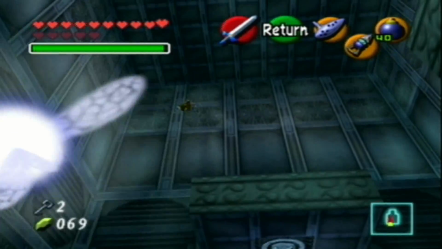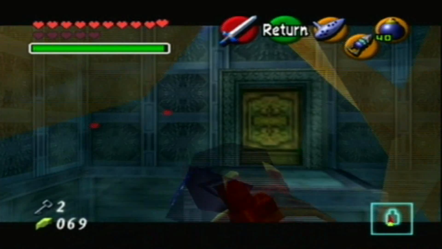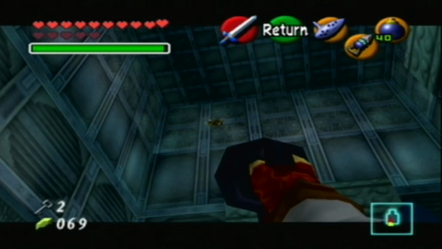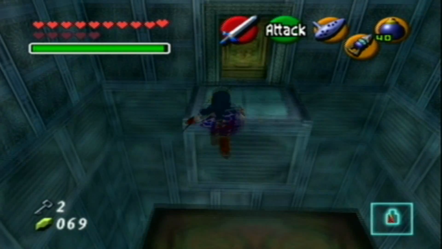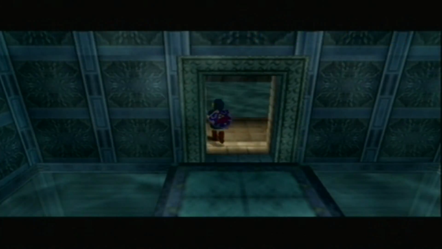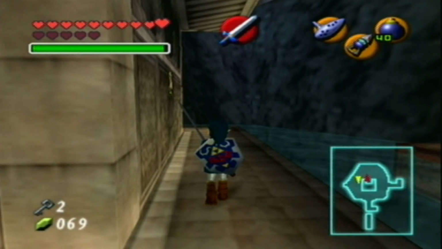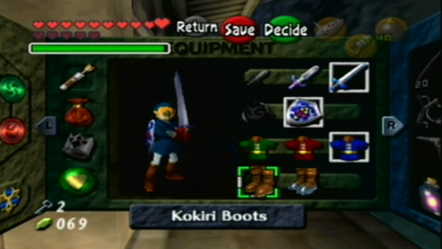Yep, and as you can see, there's a Skulltula up there. But our hookshot is just not long enough, once again, to get to it, so there's nothing we can do about that. We are screwed, and the door locks behind us. The only way to get into that room is when you have the water level all the way down, and by going in that door there. So anyway...